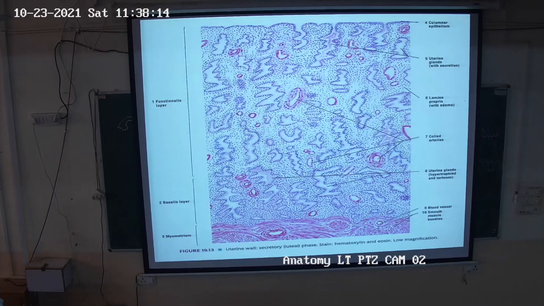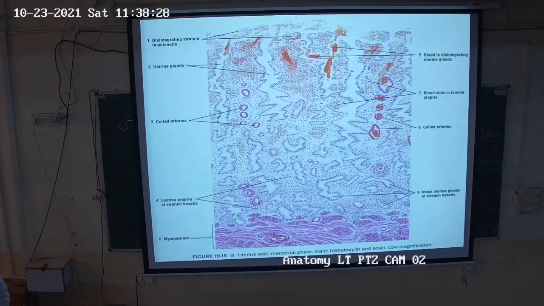So the ruptured part of the functional epithelium forms the content of the menstrual flow. Uterine glands, arteries, functional epithelium all are given off during the menstrual cycle. So the remaining part will be the basal part having ruptured arteries and remaining part of the uterine gland. Okay, so this is the last phase, menstrual. Usually we take it as the starting phase, then proliferative and then secretory. It depends on how you remember this cycle.